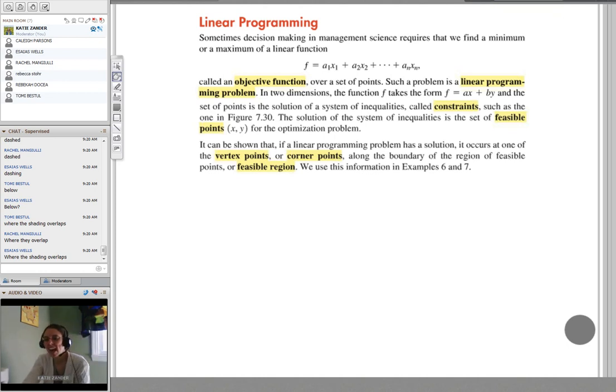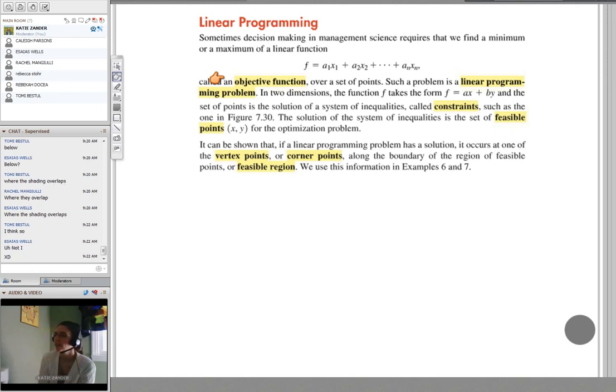All right, the last topic we're going to finish with today is going to be our linear programming topics. Now we do talk about linear programming a little bit in Algebra 2. Does anybody remember covering linear programming back in Algebra 2 last year? Okay. We did a little bit. It was only one lesson long though. It wasn't